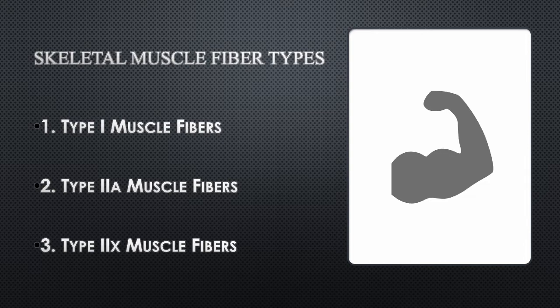For any activity, your muscles follow a certain recruitment order, so that slow, low force, fatigue resistant type 1 fibers are always activated first. When type 1 fibers are maxed out, type 2A fibers are activated, and then after those are maxed out, type 2X fibers are activated. This order is known as Henneman's size principle, which helps minimize physical fatigue and allows precise motor control by using no more force than necessary to